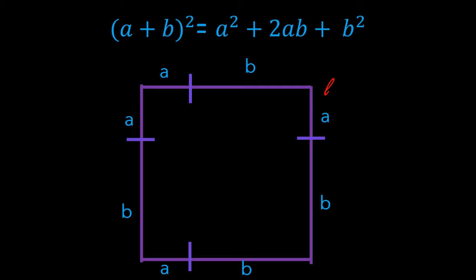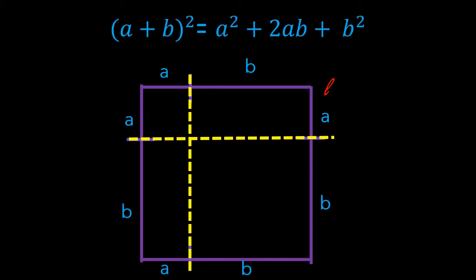It somewhat looks like this. And now let's find the area of the square. Now we already know that the line L length is equal to a plus b. And to find the area of a square, we multiply the side to its side, or we square the side. So the area of this square will be (a plus b) whole square. And now let us find out the area. So to find out the area, let us join the points which we made earlier with their opposite point. It somewhat looks like this.